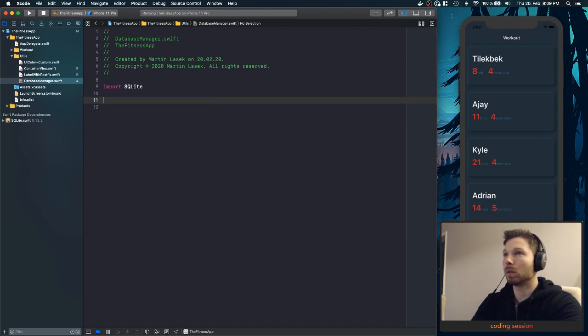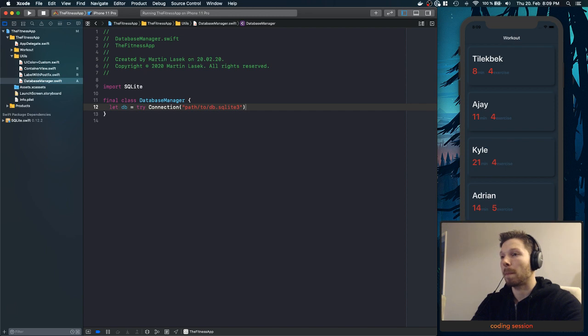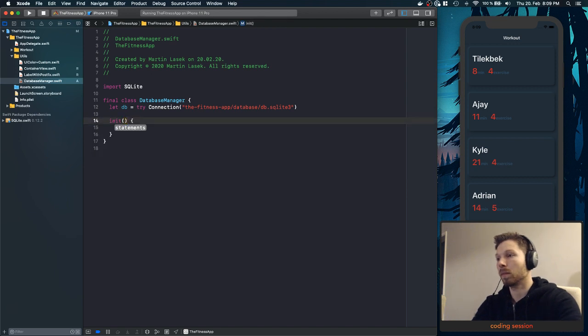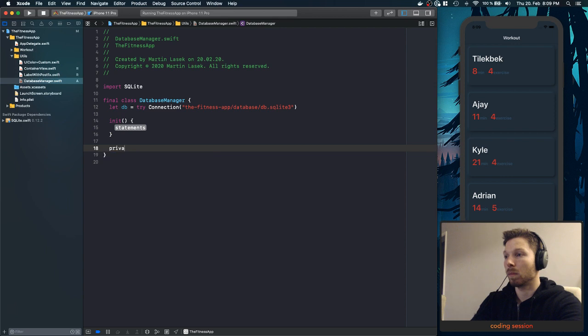Struct, no. Manager. Like this. Path 2. The fitness app database. And then I'm just trying to create an architecture on the fly. Set up database, and then we have set up workout